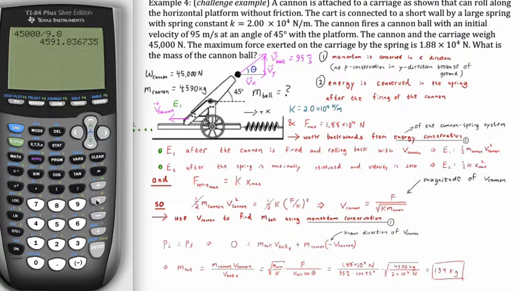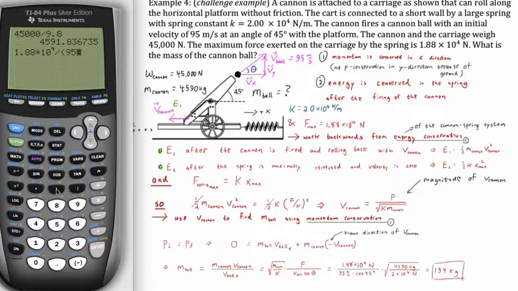So let's open up the square root function. All right, so we're going to have 1.88 times 10 to the 4th. Okay, so that just being the maximum force, that's F max, which was given right here. All right, and it shows up right here and right here. Okay, and then all still within the root, we have the spring constant. Okay, this is not supposed to be inside the root, so let's get rid of that. Okay, all right, so 1.88 times 10 to the 4, and then in the denominator we have 95,